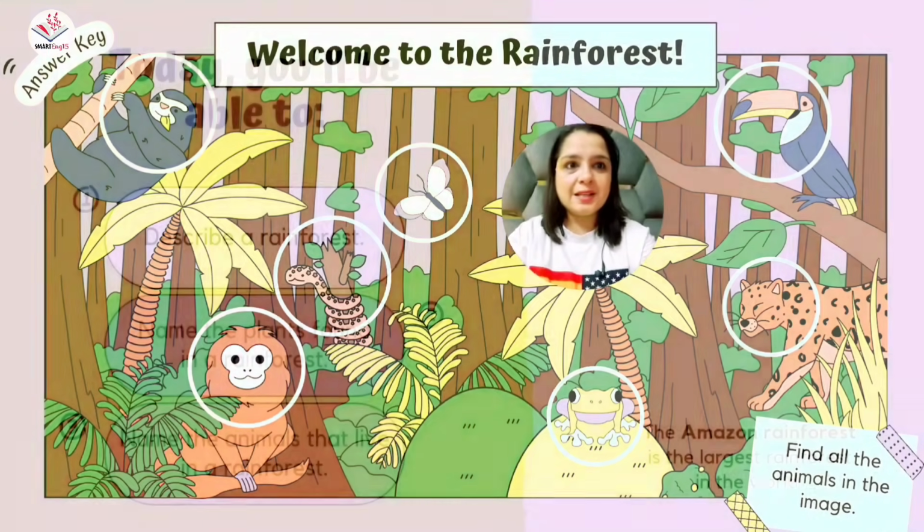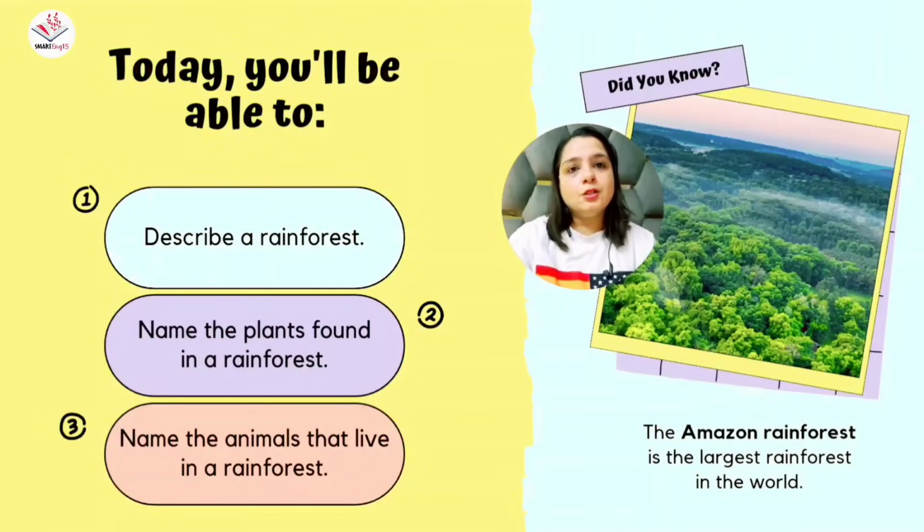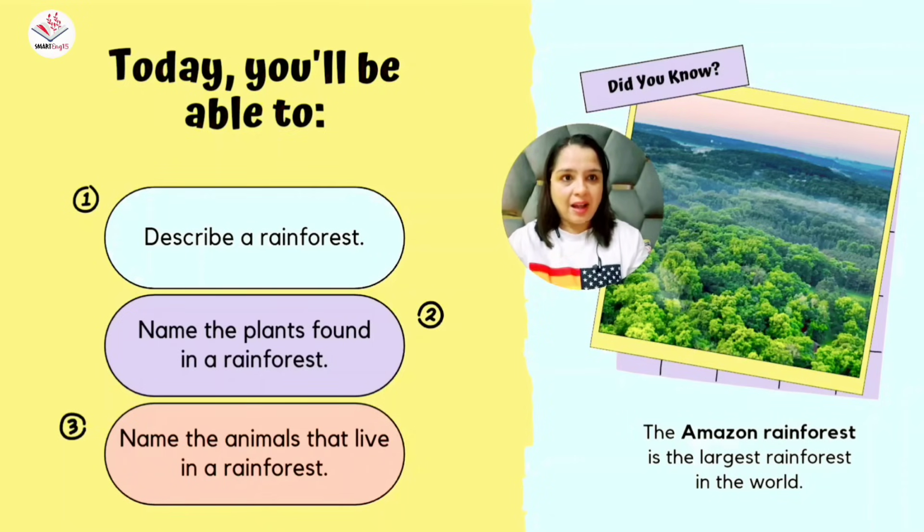So let's move on to the next slide. Today you'll be able to describe a rainforest. After this complete session of just 10 minutes, you will know a lot about a rainforest. You will be able to name all the plants you can easily find in a rainforest, and all the animals that live in a rainforest. So exciting. And above all, you will be learning lots of new vocabulary words that will be added